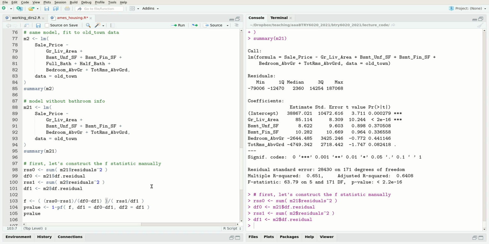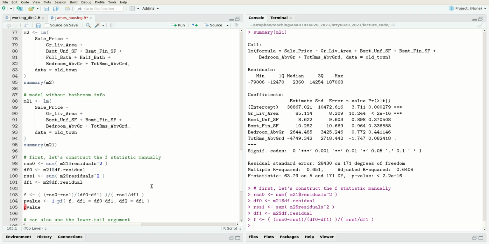We just use our formula for the F statistic. This is the numerator, and this is the denominator. And then the p-value we can get from the pf function. So the first argument is the statistic. The second argument is the numerator degrees of freedom, which is df0 minus df1. And the third argument is the denominator degrees of freedom, which is